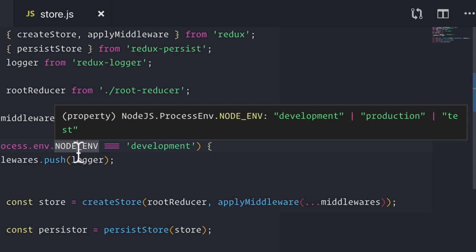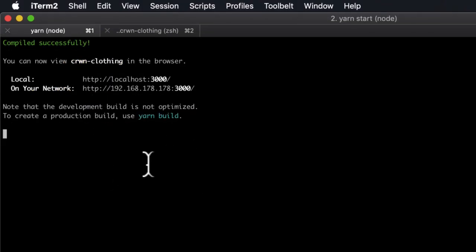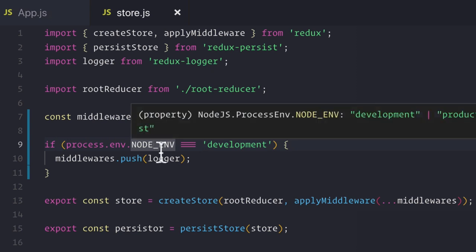And this is useful because it allows us to know whether or not our app is being served in development or in production. And when we push to production, when we call yarn build, it tells the thing that's serving our application that it needs to switch this node environment variable over to production. Whereas normally when we just run our yarn start and host it on our local server, it sets this node environment variable over to development. And we can just check for it using